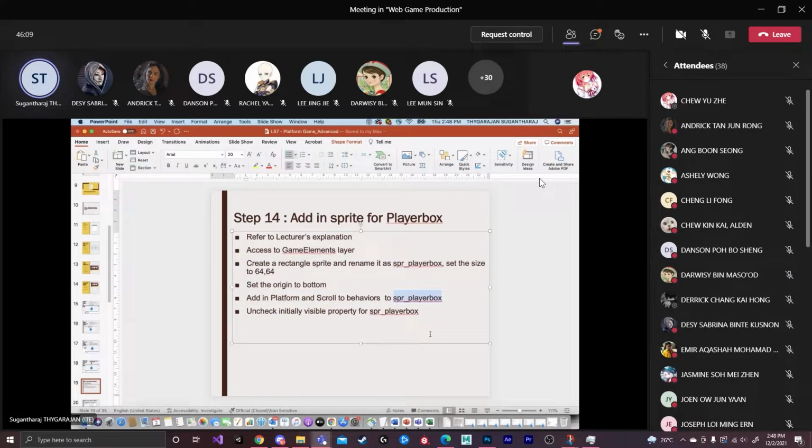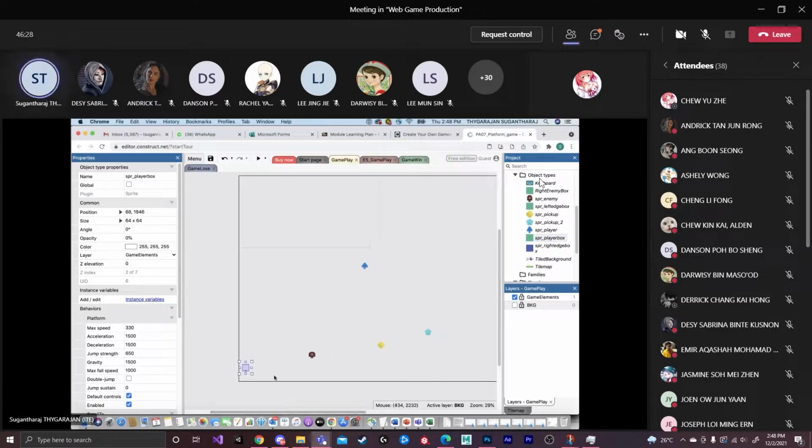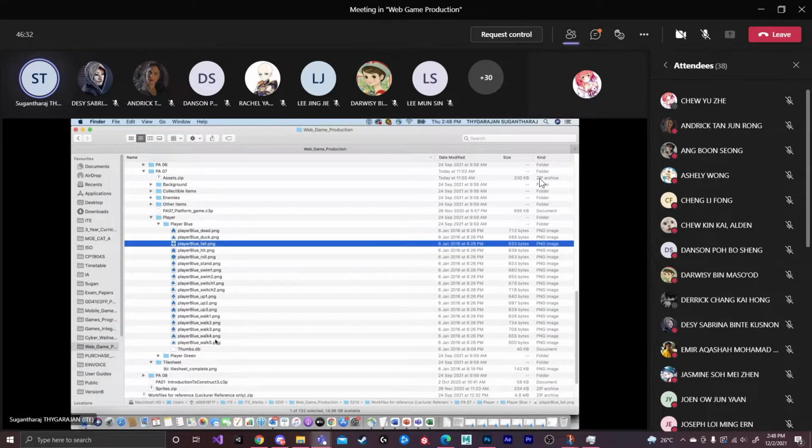These are the 2 behaviors you need to apply to the SPR player box. This one you people must be knowing already how to do. Then there is a property called initially visible. This property you need to uncheck. Okay, so I go back here. I created the SPR player box. Okay, you can choose whichever you want.